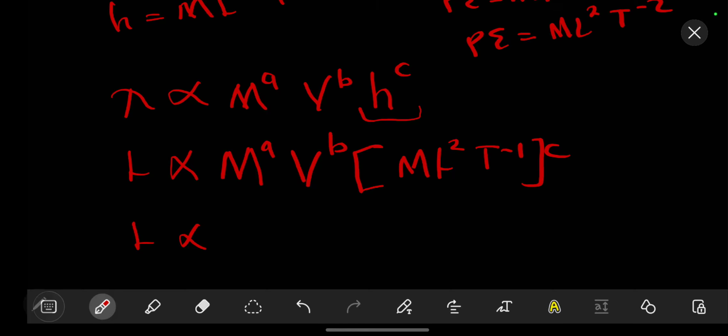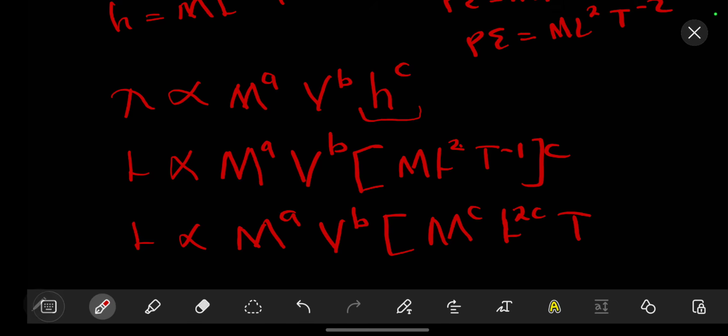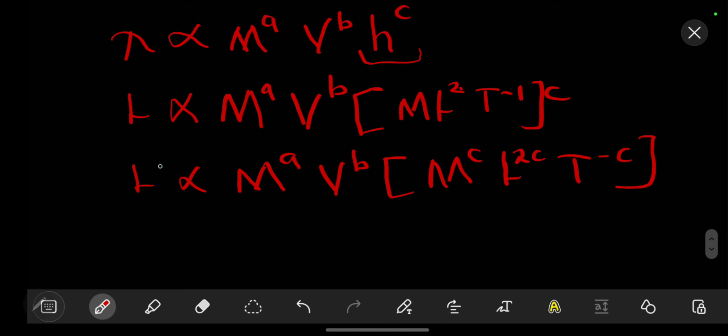So after doing that, we can simplify things. So we have L is proportional to the mass to the power of a, the velocity to the power of b. Then we have this c can be distributed, so it will be m to the power c, L to the power of 2c, 2 times c, it will be 2c. Then our t raised to the power -c like that. So after doing that, we can say that this is our power 1 like that. So let's simplify things. So we have L to the power 1 should be directly proportional to m to the power of a times, so we take 1 m and add the power,